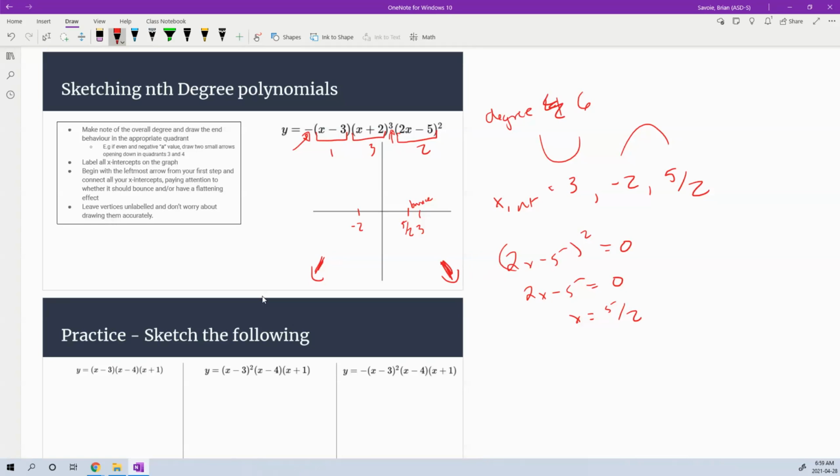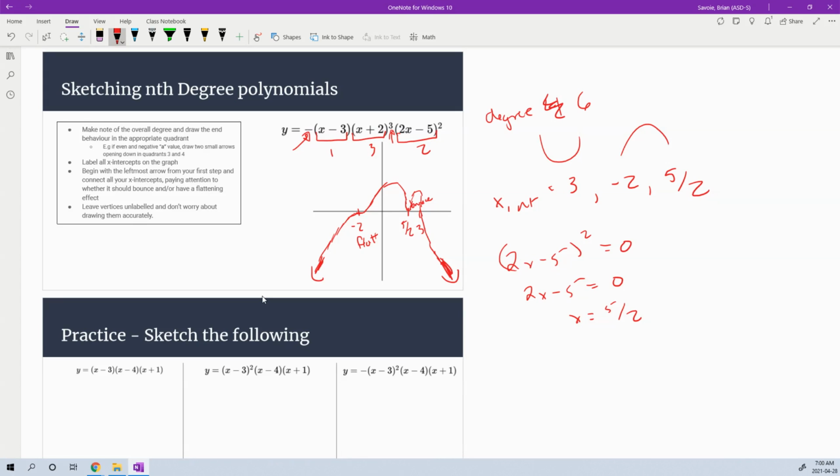At the -2, I should see a flattening. Should get kind of flat. So let's just kind of draw that there. I'm going to draw it going flat, and I'm going to go through. And then I'm going to say, oh no, I've got to bounce. And I'm going to go through. And I'll get something like that. Okay, doesn't look very pretty, but remember, we're just kind of sketching it out, getting a vibe as to what's